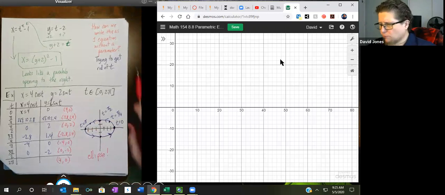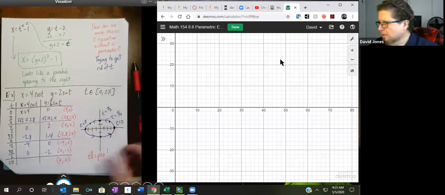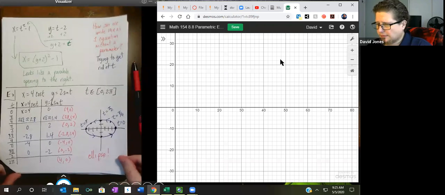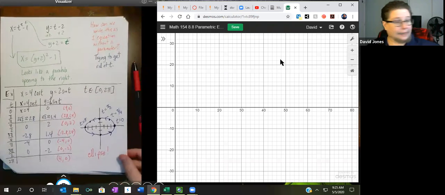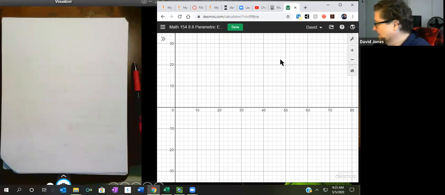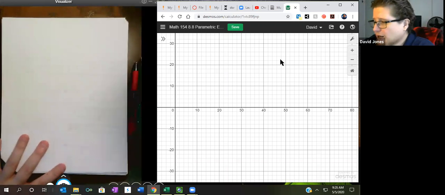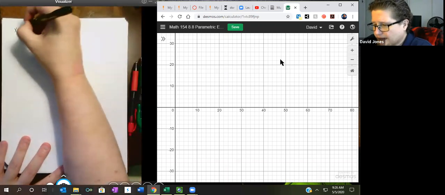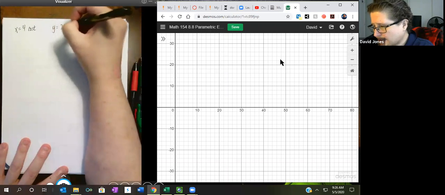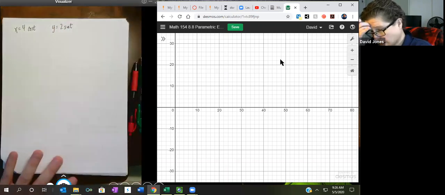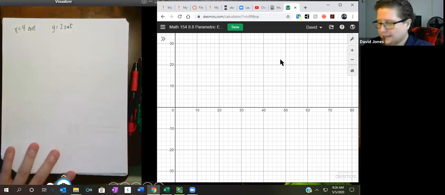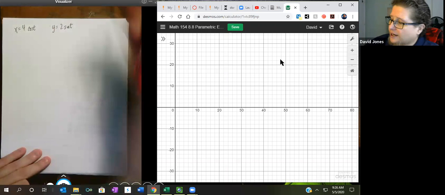So how can we write that? How can we get rid of the parameter t here? This one's got a little trick, and I hope you like it. Let's write our initial equations that we had: x equals 4 cosine t, y equals 2 sine t. What we're going to try to do, rather than try to solve for t, is take advantage of